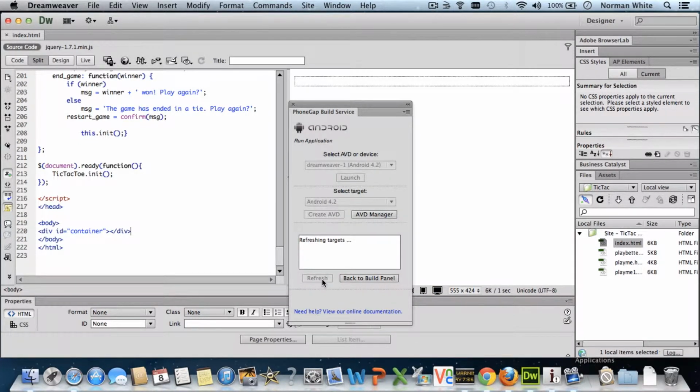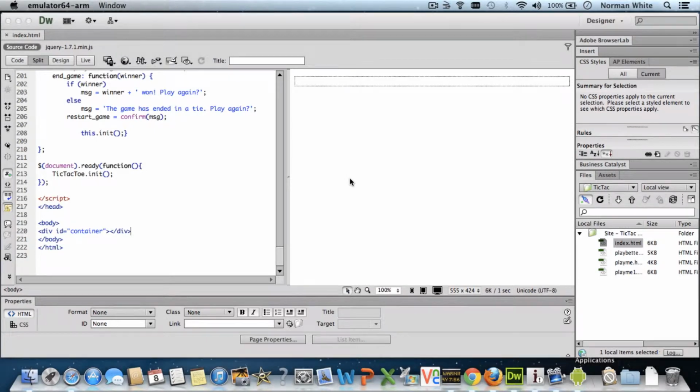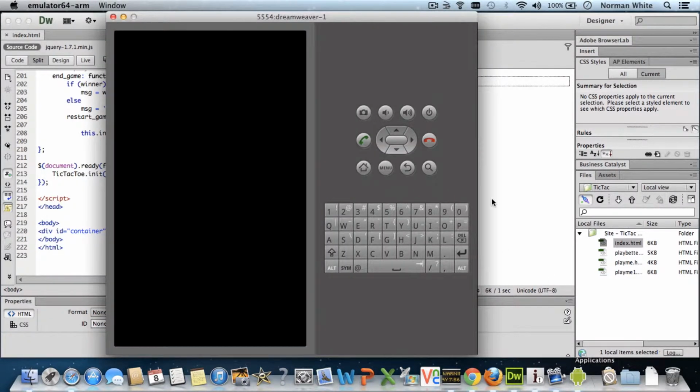There we go. So what it's doing now is the first thing it has to do is start up the Android emulator. And what I've discovered is that when I go to launch the emulator, and now here comes the emulator,